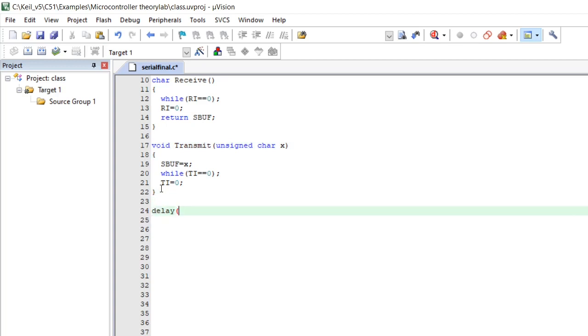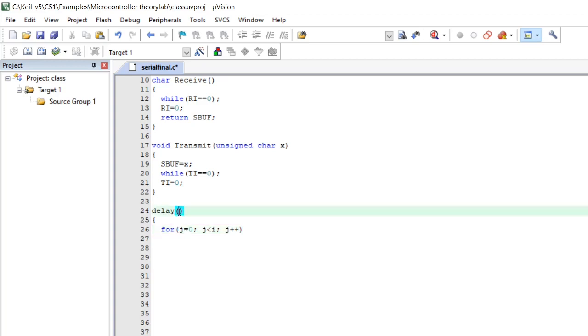Inside your delay function, I'm going to write a for loop for j equal to 0, j less than i, j plus plus.